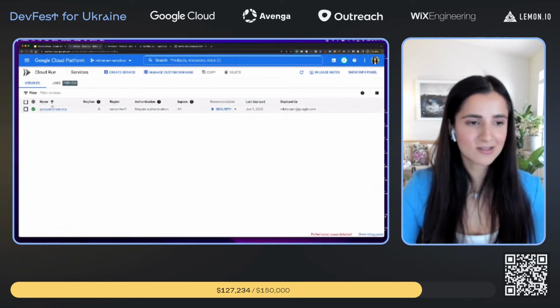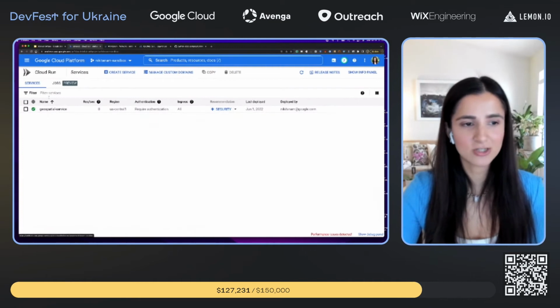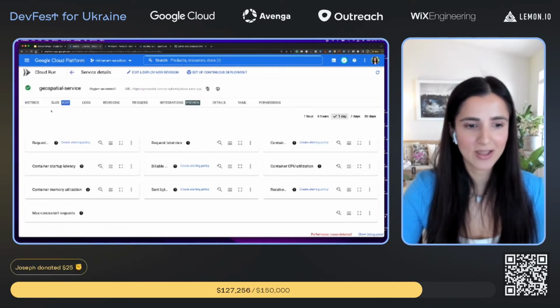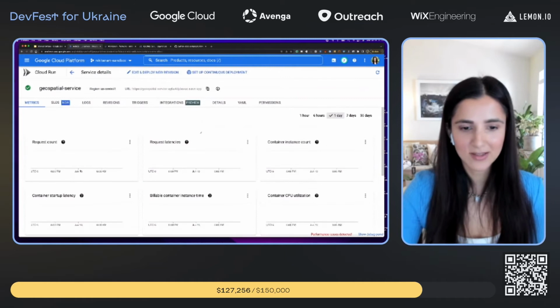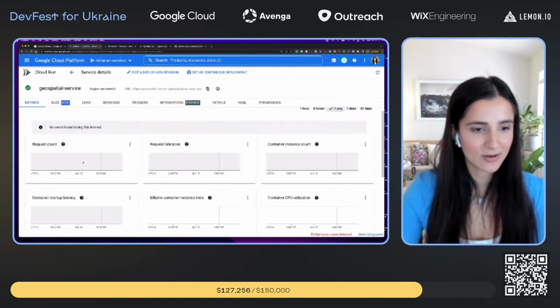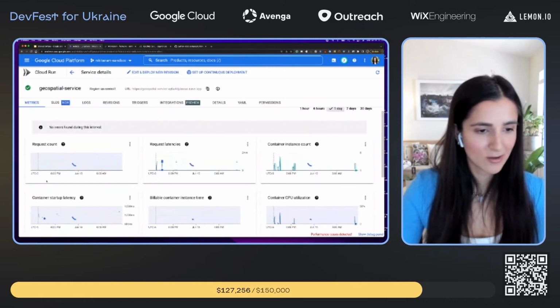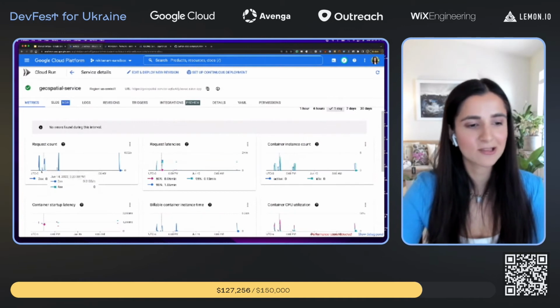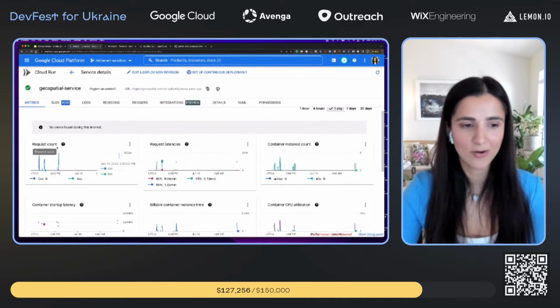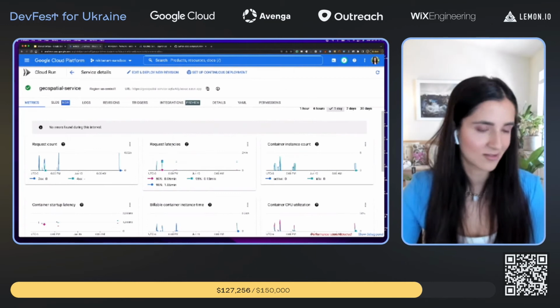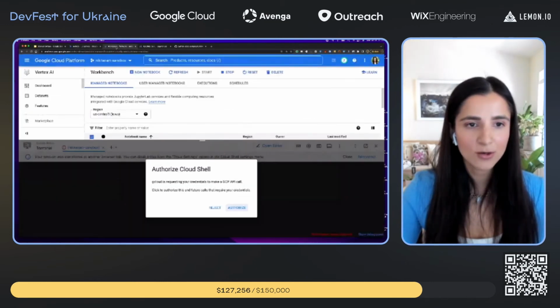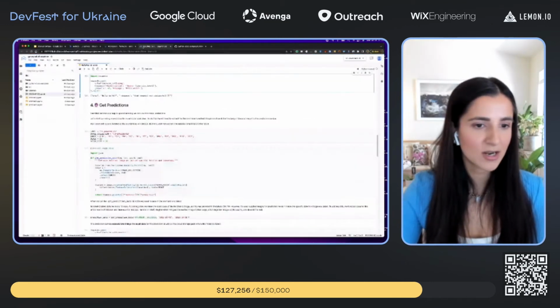And basically, here's this geospatial service that I've launched under Cloud Run. We can go and check it out. And you can see I haven't used it currently. But yeah, there we go. Okay, so now that it's loaded, you can see that I've been kind of testing it out, and you can see the request counts and latencies, et cetera. So let's jump over here into